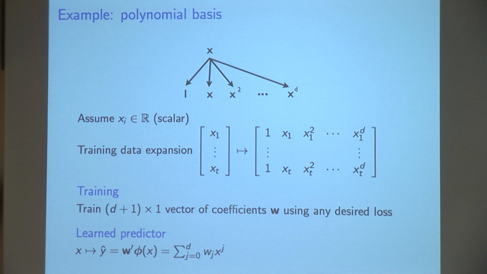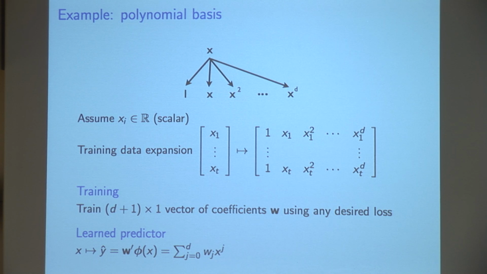Consider polynomials. So usually what I'll do is I'll show, say, linear function learning and say, okay, can you compute for me, say, the minimum absolute error, fourth order polynomial fit to data? And everyone goes, but it's trivial, right? If you want to fit polynomial functions to data, polynomials are just generalized linear functions. All you have to do is take your original, say, scalar observation and map it out into a new feature representation, where the new feature representation is basically the 0th power, 1st, 2nd, and so on, up to some dth power of that data.